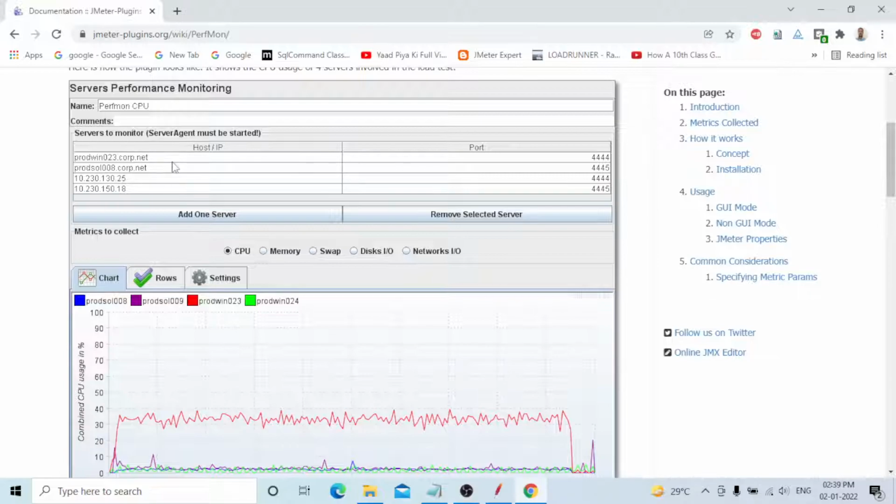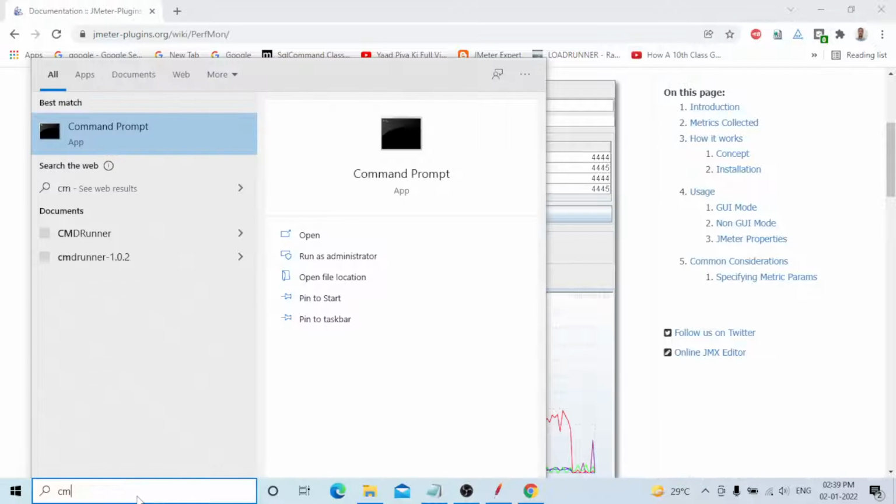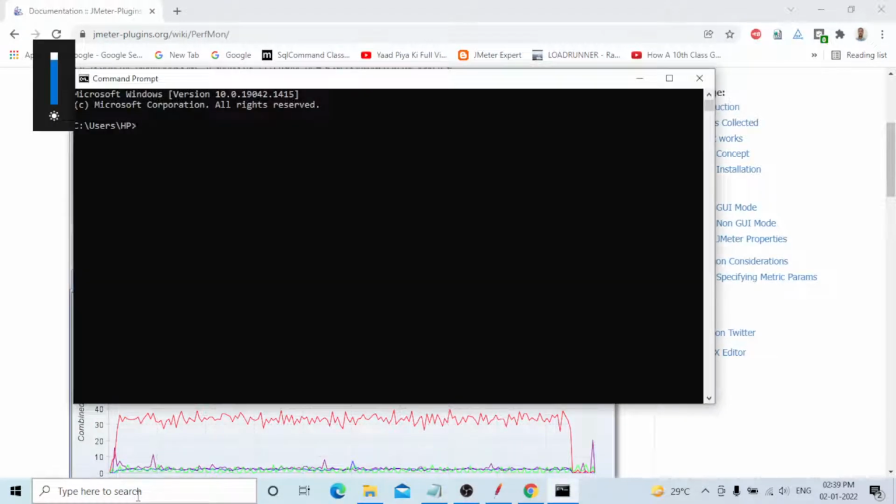Just I will show you how we need to find the machine name or IP address. You can type CMD and open that one. This is my personal computer. How do we find it out now? For your IP address, you can type ipconfig in Windows computers.